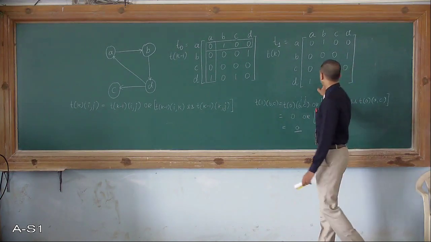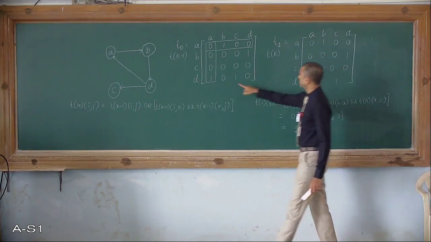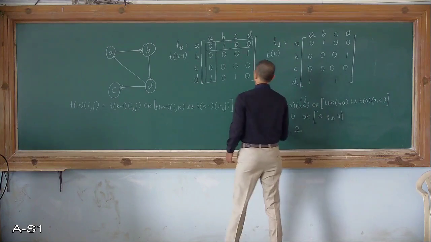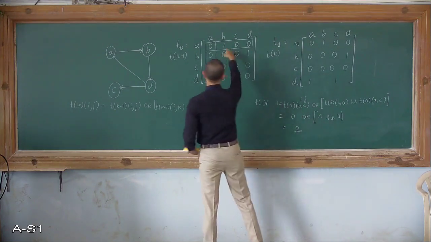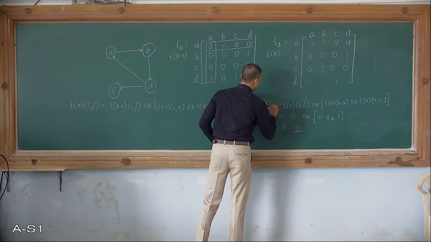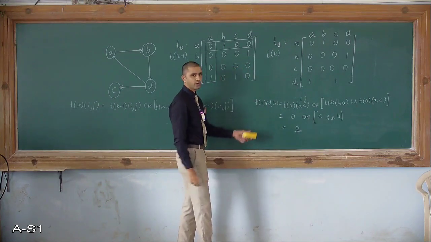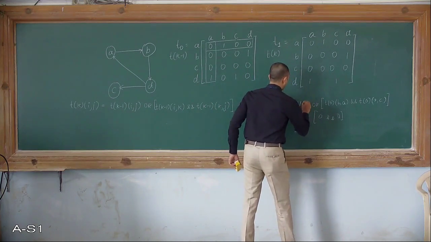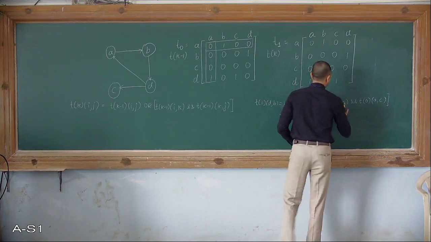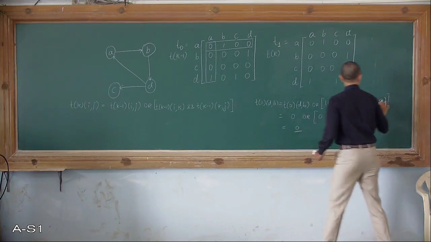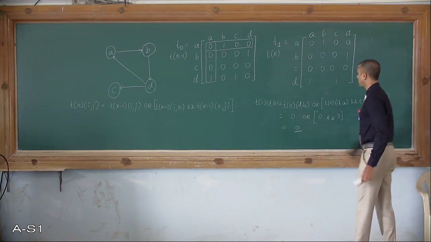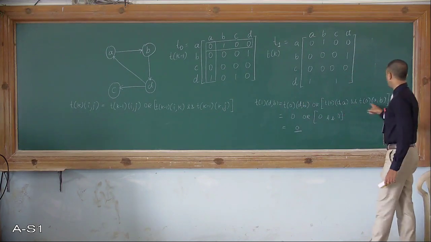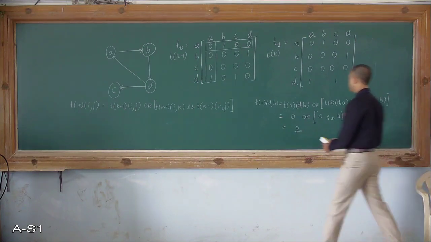Let's see about this D. Here it is 0. I'll try to convert this 0 to 1 using this rule. So what is that? D to B. D to B, I want it to be 1. Let's see if I can do that. In T of 0, D to B, intermediate vertex is again A. So it is going to be D to A and A to B. This is i comma j. D to A and A to B. Let's see what those values are.